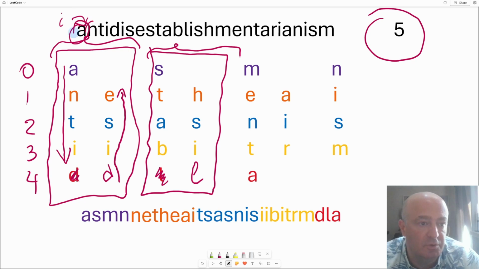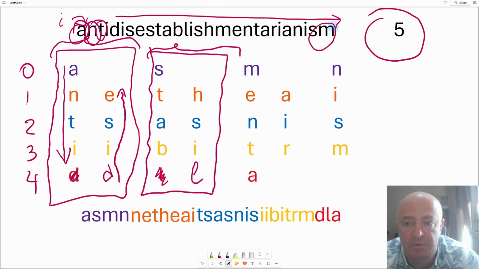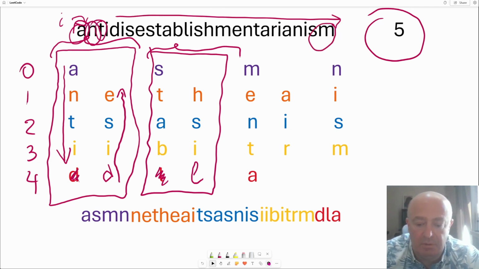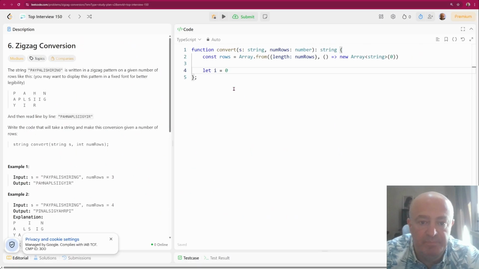Then it will move to the first character, second character, and all the way to the very last, okay? So that will be our index of the character, and we can run it while I is less than s length,